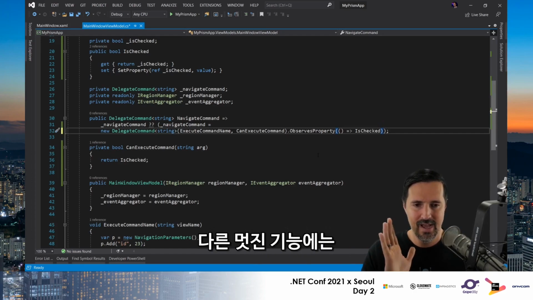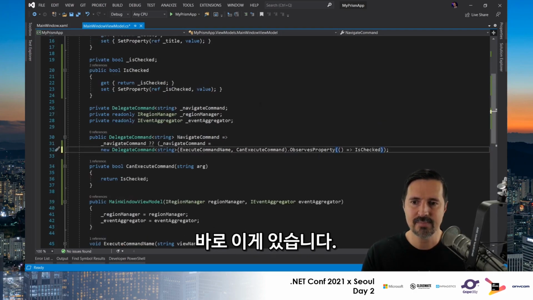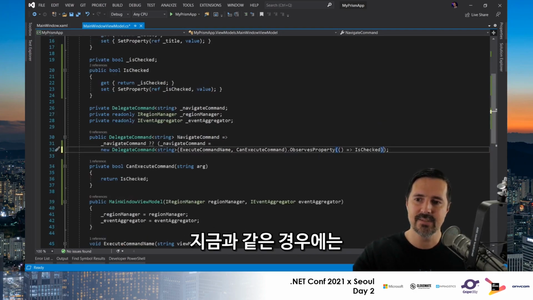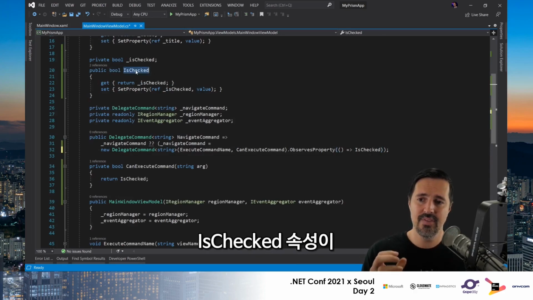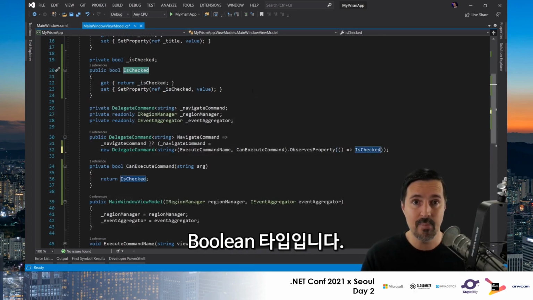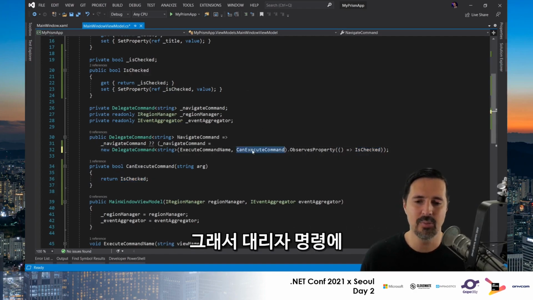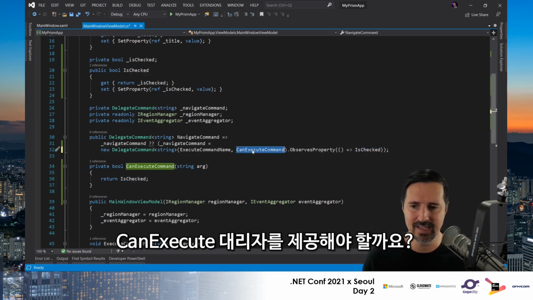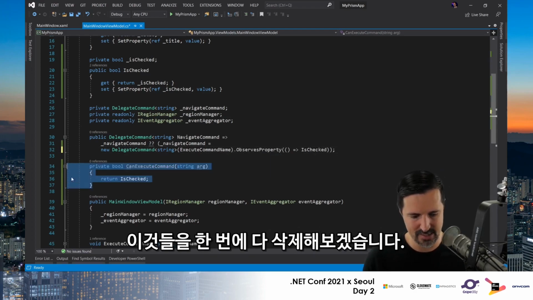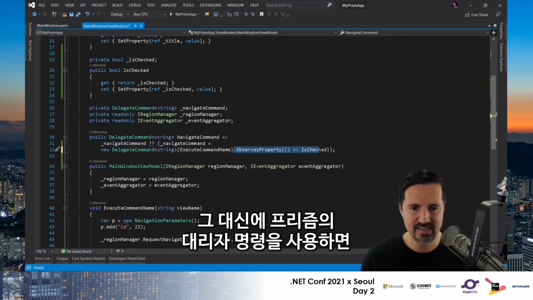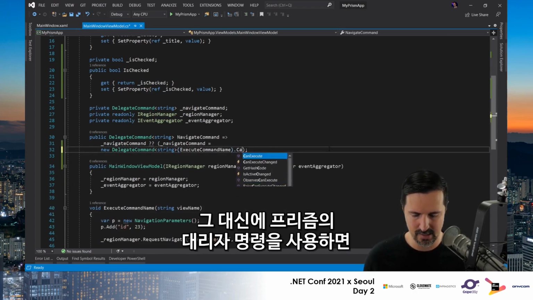Now, another cool thing, one last thing, I'm running out of time. I'm sorry. One last thing I want to point out about this is, let's say in this case, the is checked property is a Boolean and it represents the can execute. So why should I even have to provide a can execute delegate in my delegate command? Let's just delete this altogether. Like, I don't need that. Instead, the Prism delegate command allows you to